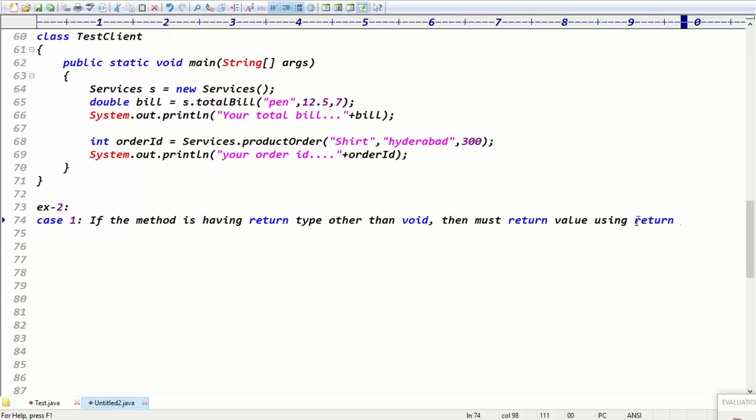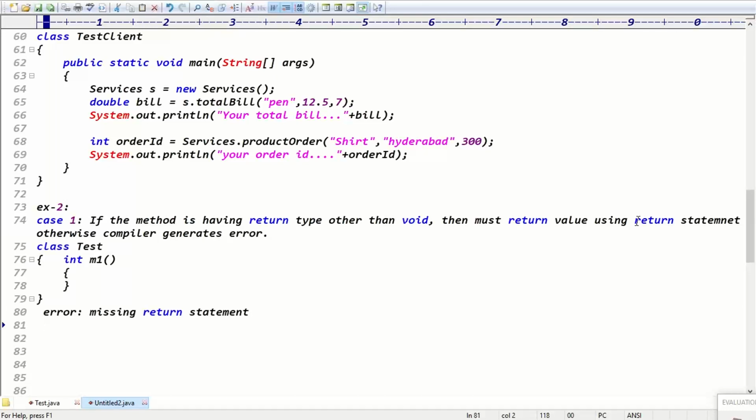Otherwise the compiler generates what? Error, right? Exactly, guys. That is basically case one.